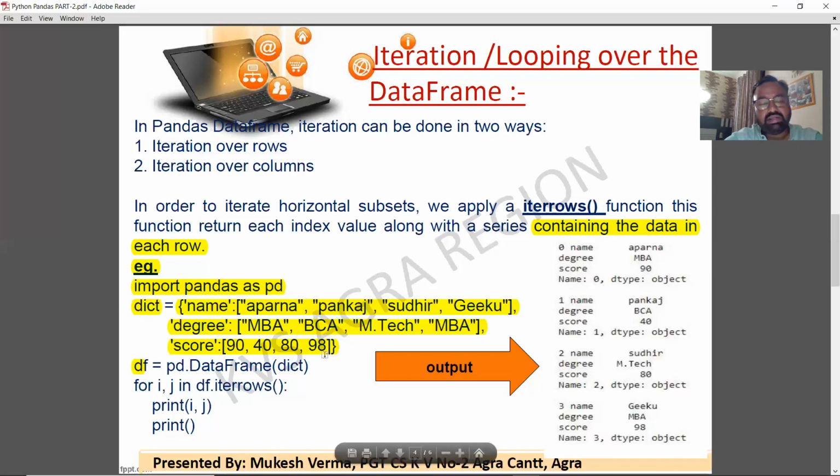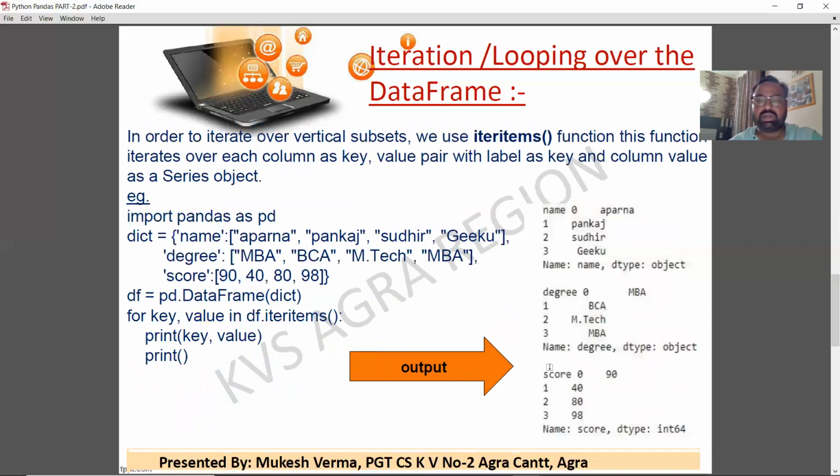So we have 4 records here, and 0, 1, 2, 3 are the row indexes. The result is coming on the basis of the rows, meaning horizontal subsets are being shown on the screen.